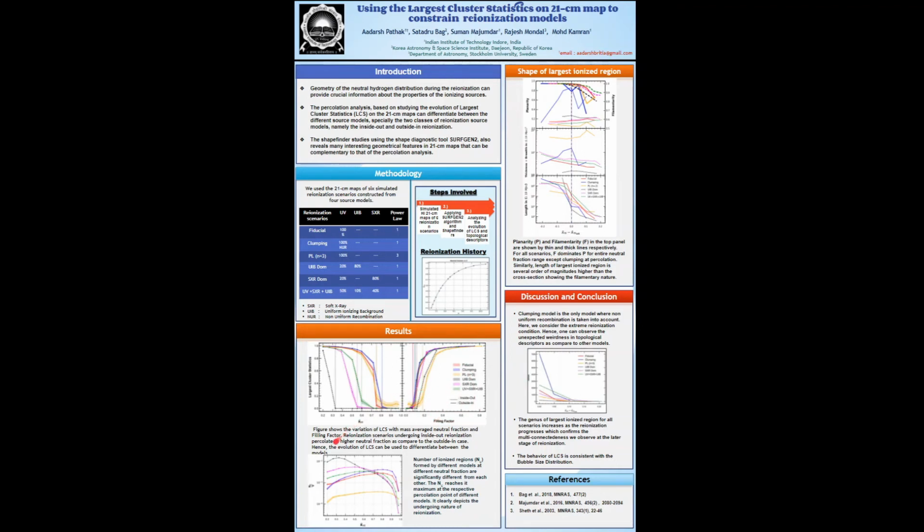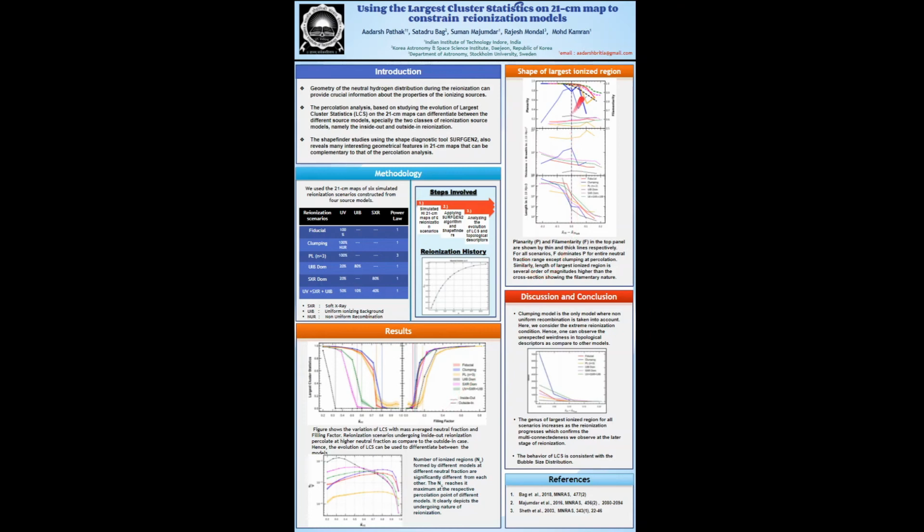We have also tried to follow the number of ionized regions found by different reionization scenarios with the neutral fraction. We can see that the NC reaches its maximum near percolation for all models and again decreases after that, which is obvious because after percolation most of them basically combine to form a large interconnected region. But one thing is noticeable, that some scenarios like UIB dominated or SXR form the largest number of ionized regions, while on the other hand scenarios like PLN equal to 3 form the least number of ionized regions. So in one way or another, we can essentially say something about the nature of the ongoing reionization.